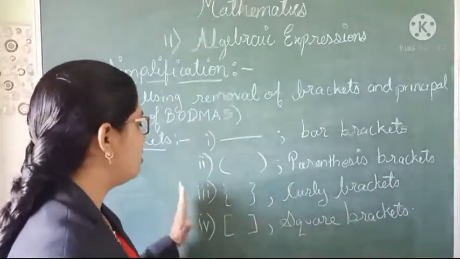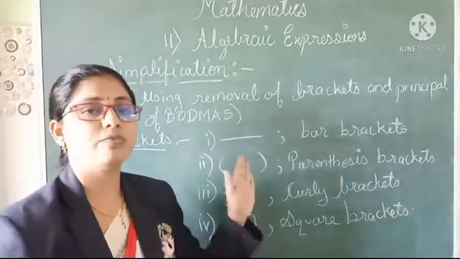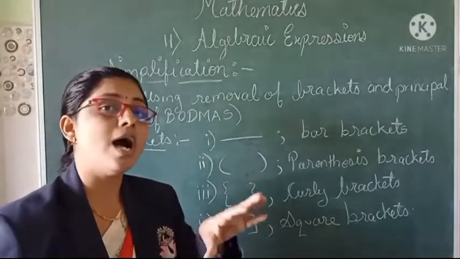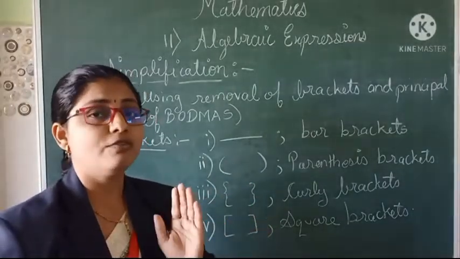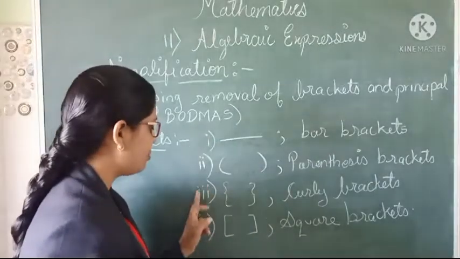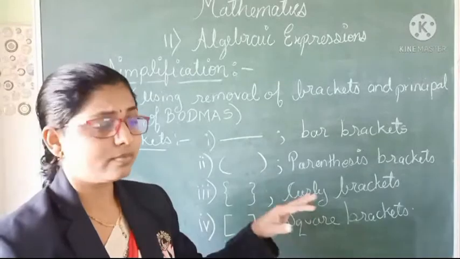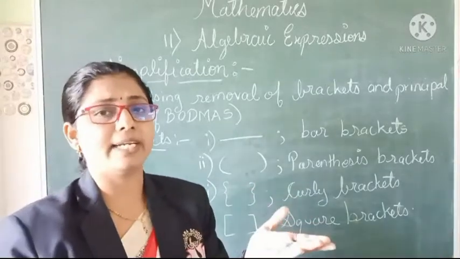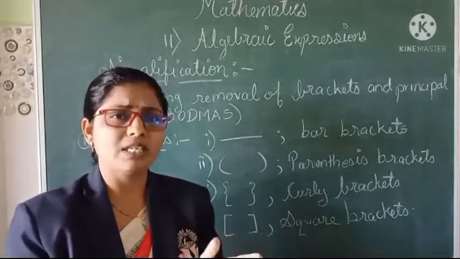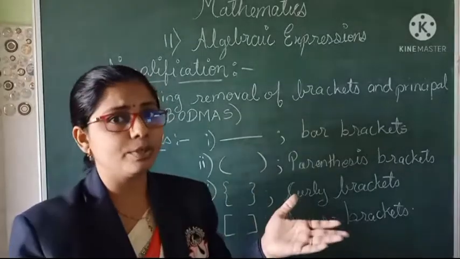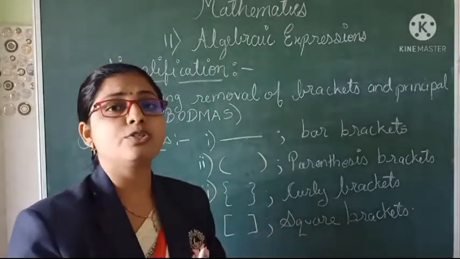Okay, so these are the four types of brackets which will be given in the expressions to solve. So how do we solve them systematically? For that purpose, this is the proper sequence for solving the brackets. If you are removing brackets in a combined type of example, which bracket should be opened first and which method should we follow?